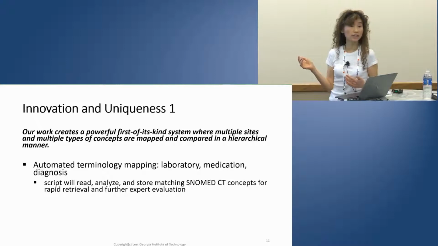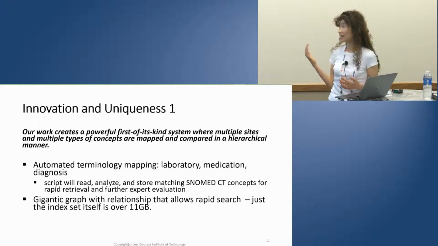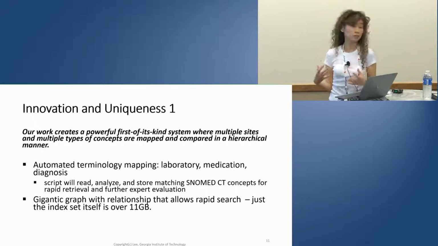This system can allow for rapid clinical trials. So if you are interested in certain types of patients, you can pull those patients out rapidly across all the sites, and that's really powerful. And then, of course, the graph is gigantic. So people like to ask, what is big data? And I say here, we just count even just the index itself. No content, it is 11 gigabytes, so it's a huge amount of data that you're talking about,